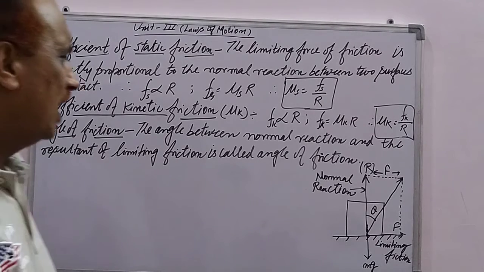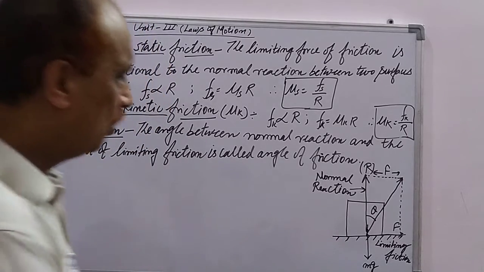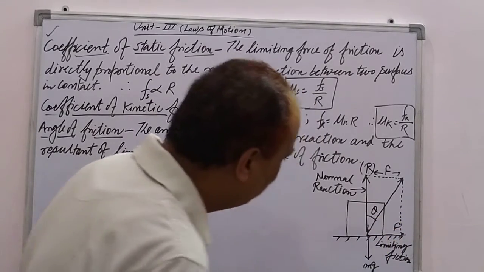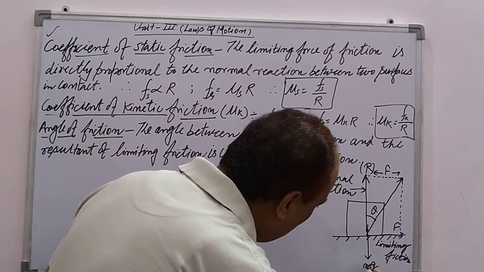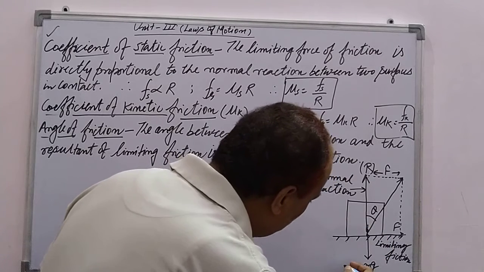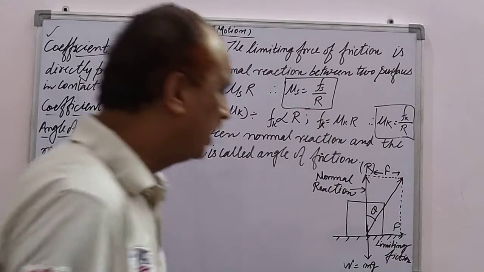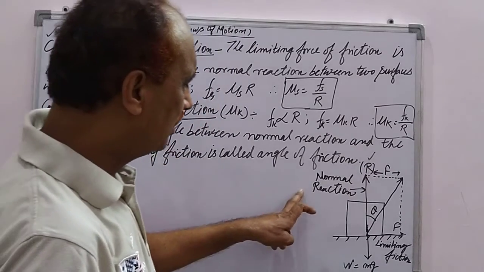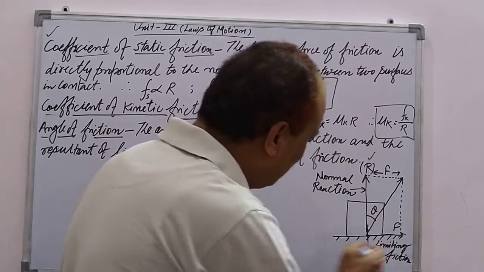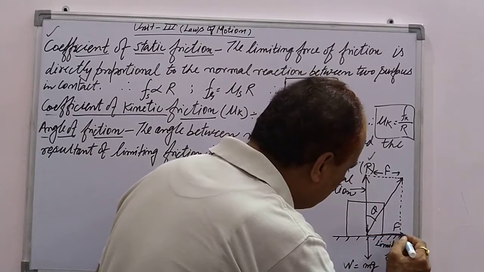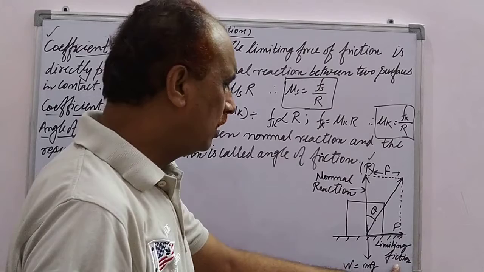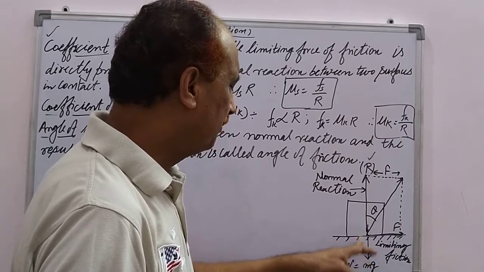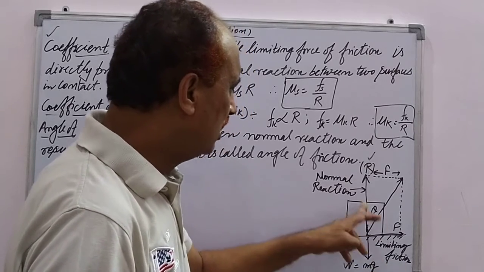Angle of friction means the angle between the normal reaction and the resultant. Now we have to take one object. This is a square block that is placed on the horizontal surface. The mass of that block is m, so weight W equal to mg is acting in the downward direction. The normal reaction is acting in the upward direction, that is equal to R. When we complete that diagram, along this direction this is the magnitude of limiting friction when the force is acting. So limiting friction is acting here between the two surfaces in contact. There is also a normal reaction.